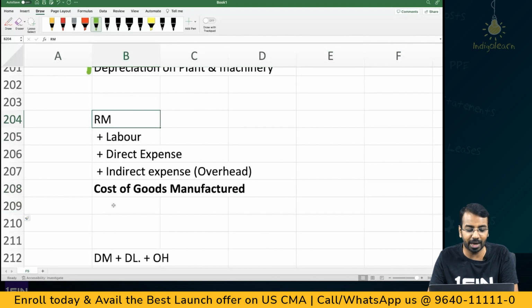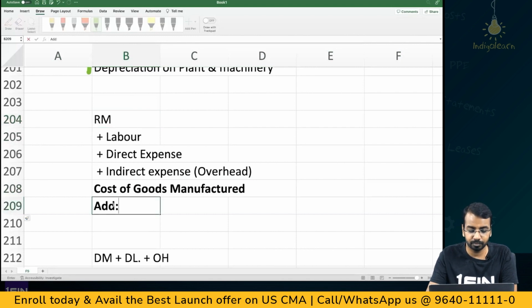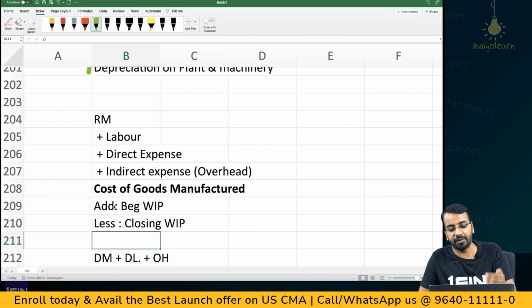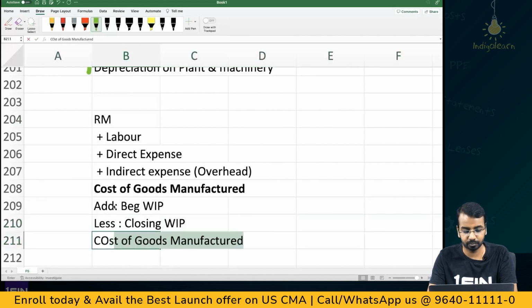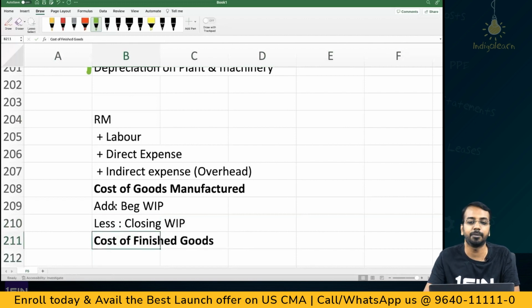So that is why you have beginning WIP, and you will deduct closing WIP. So for cost of goods manufactured, you will add beginning WIP and you will deduct closing WIP, right? So this will give you